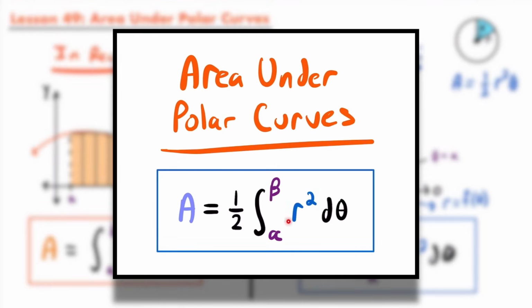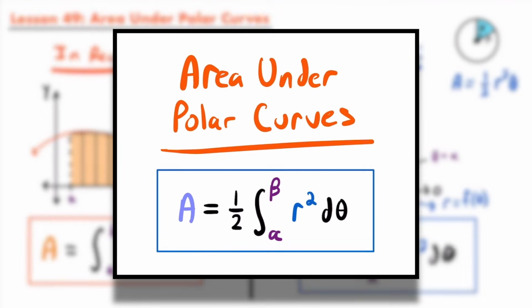Okay, and of course r is represented by a function in terms of theta, and if you wanted to, you could keep this 1/2 inside the integral, but I like to pull it out since it's a constant, and so that's why I have 1/2 times the integral from alpha to beta of r squared d theta. Okay, so now let's take a look at some example problems of using this definite integral to calculate the area